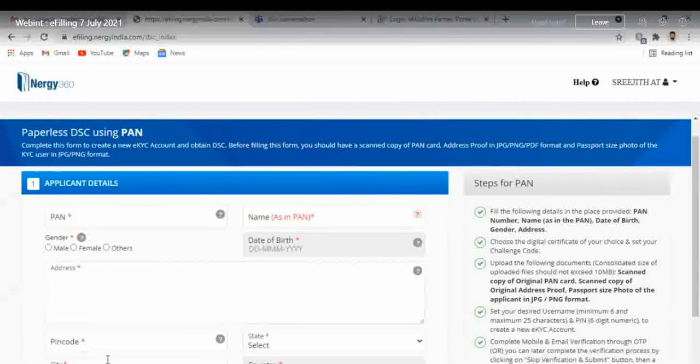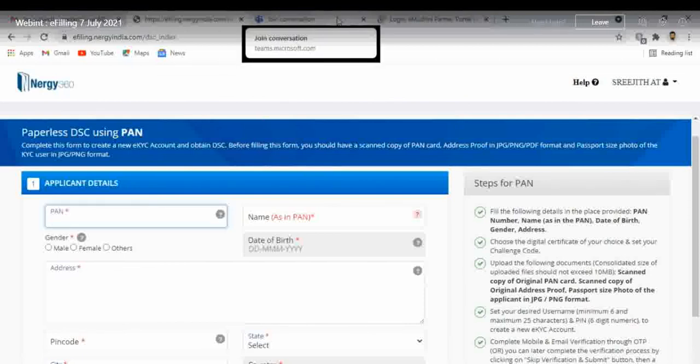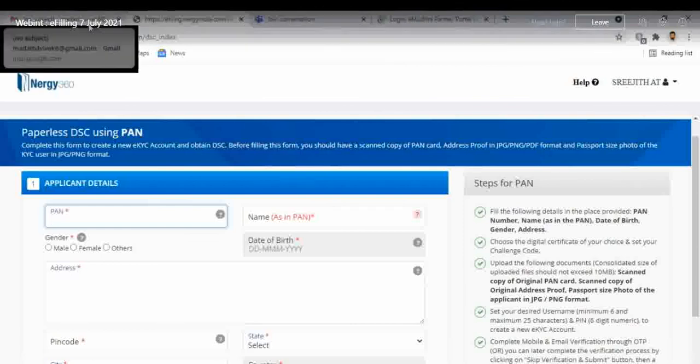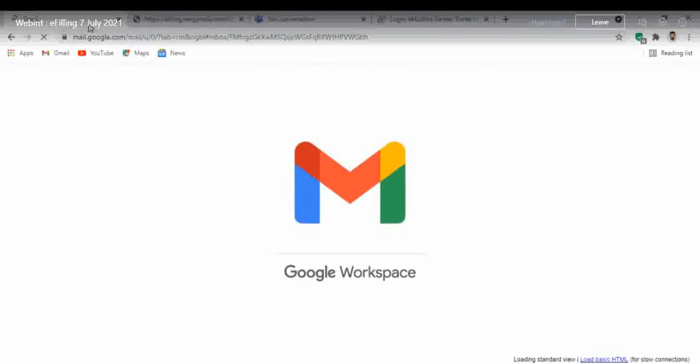So we can fill this out. First we need to enter the PAN. From where do you get the PAN? So we need Energy India. We need to log in to the Energy India portal again to get